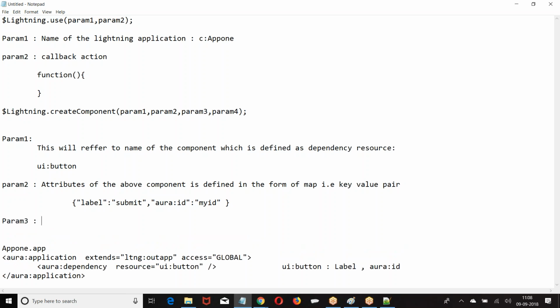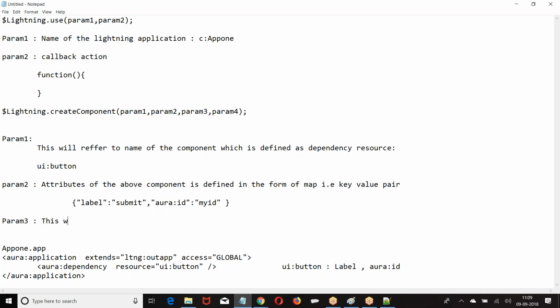Param 3. What is param 3? Param 3 is the ID of the element where this component you created should be displayed in the Visual Force. Whatever component we created, this component should be displayed in the VF page. In which location of the VF page do we want to display this?